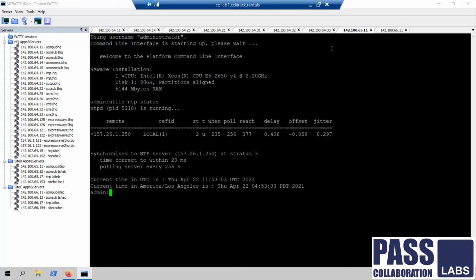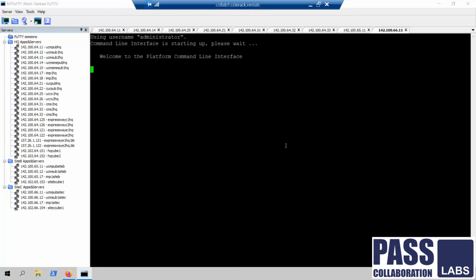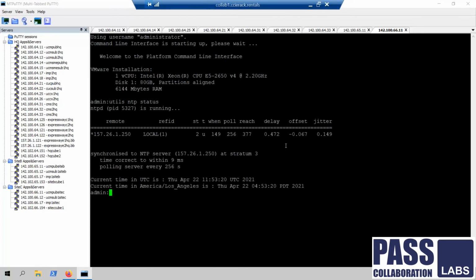There you go. Looks good. Even Site C is perfectly synchronized. All the UC applications are perfectly synced with the NTP server, and the clock is synchronized with the appropriate time zone.